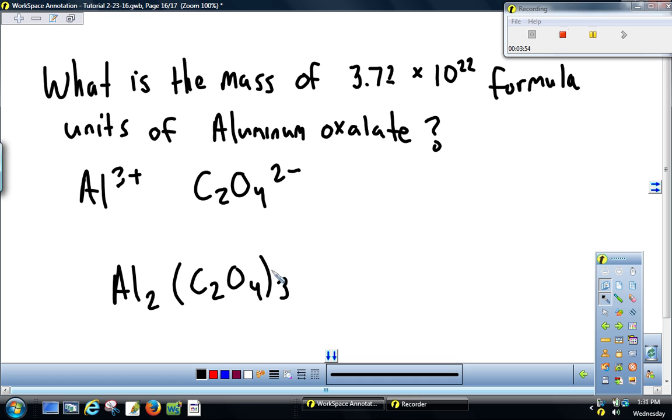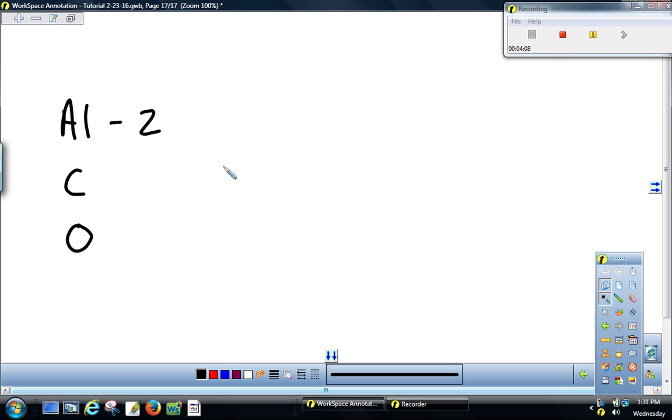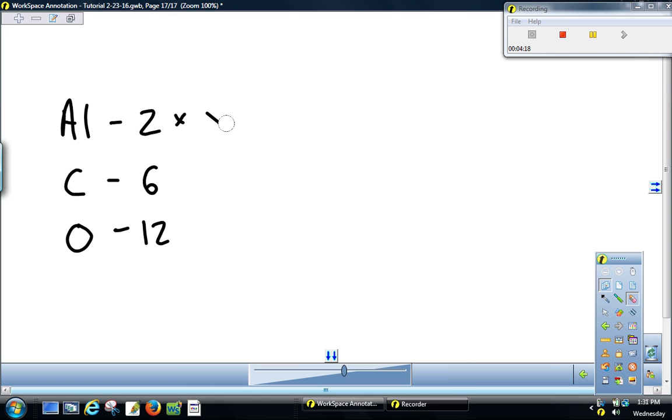If we have 3 oxalate ion groups, 3 times 2 is 6, 3 times 4 is 12. So we have 6 carbons and 12 oxygens, and we're going to multiply aluminum, which is 26.98. We'll try that again: 2 times 26.98